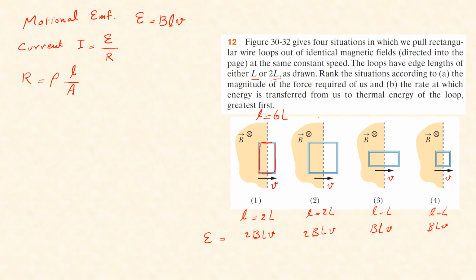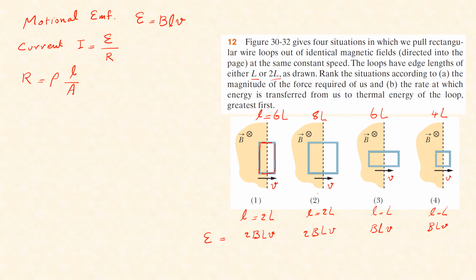What about this one? The 2, 8. 8L. The other one, 6L's, right? 6L, and this is 4L. So you see, the larger one, number 2, has more resistance because the length is